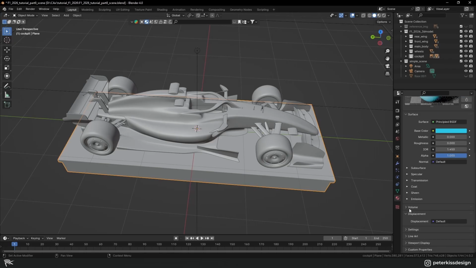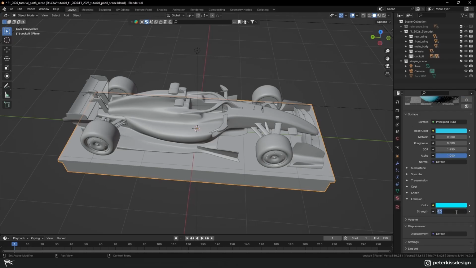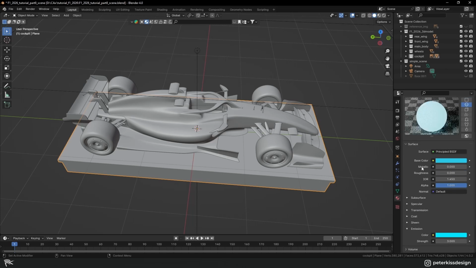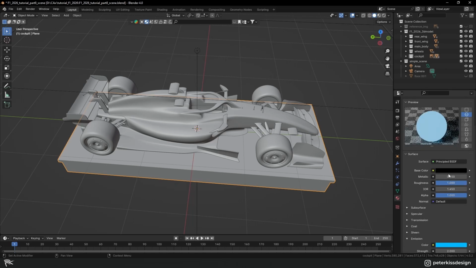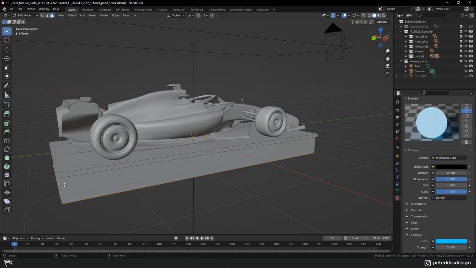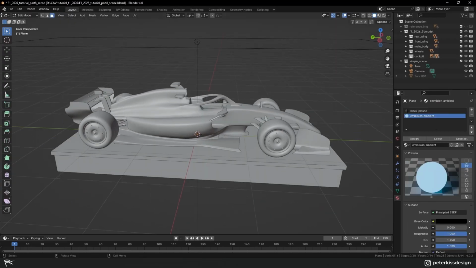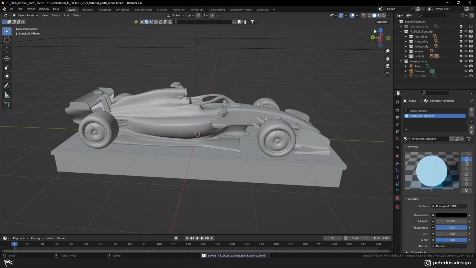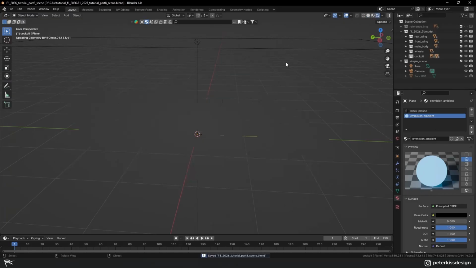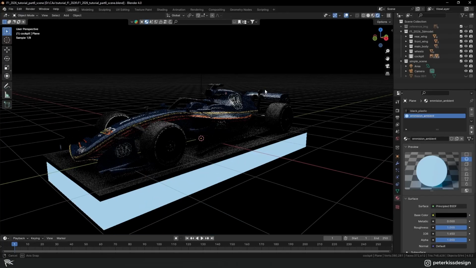And now we can add emission, go to this light blue and pump it up to, let's say, 3. Can maybe go darker. We'll go to edit mode, select these faces and assign it to this material. This way we will get this simple pedestal,